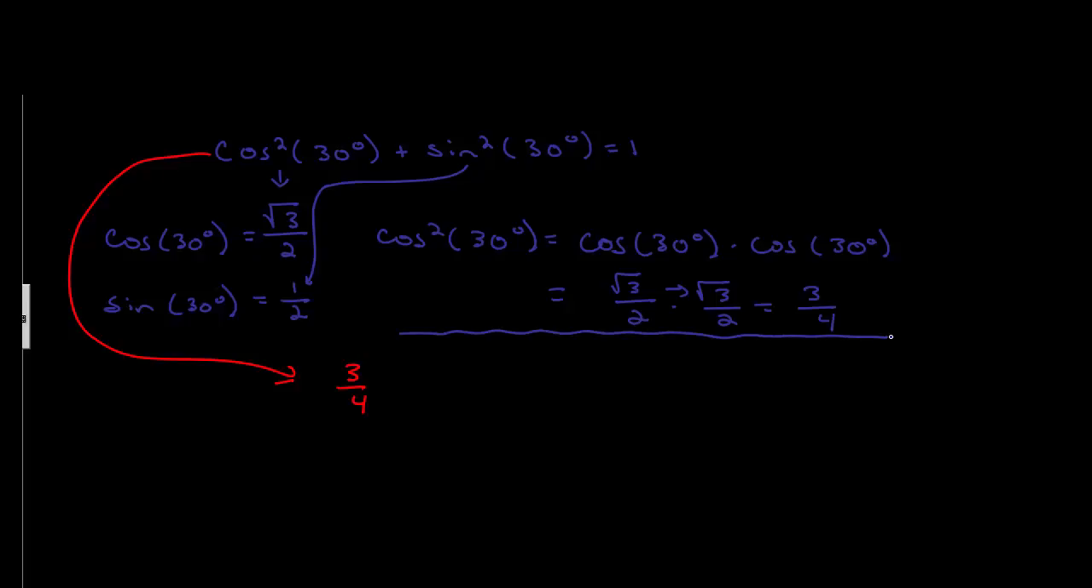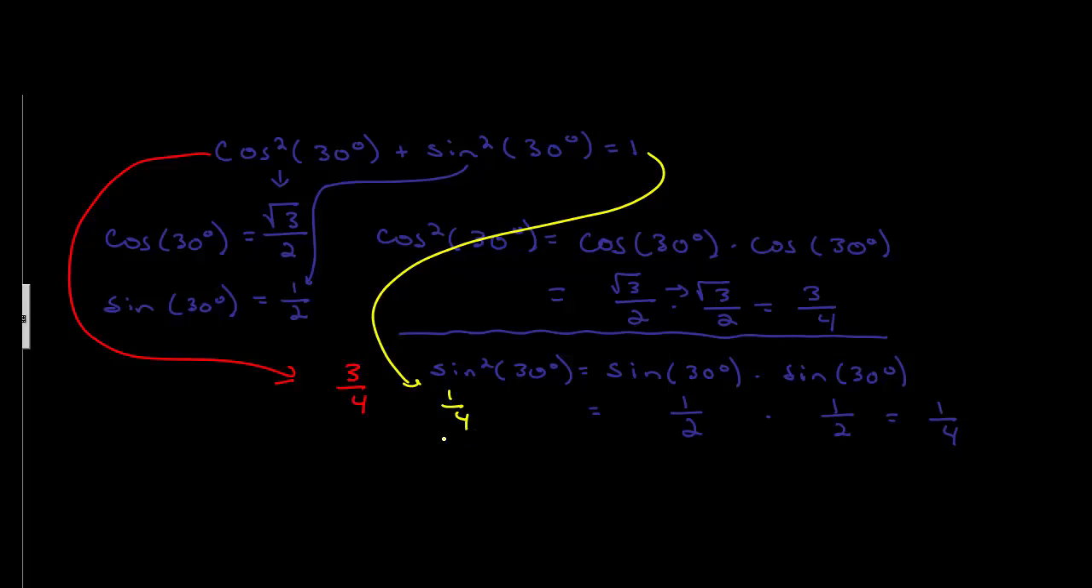Now let's do the sine part. Well, sine squared of 30 degrees is equal to the sine of 30 degrees times the sine of 30 degrees. And we know the sine of 30 degrees is 1/2. So it's 1/2 times 1/2, which is 1 times 1, which is 1. 2 times 2 is 4. So I get 1/4. So this